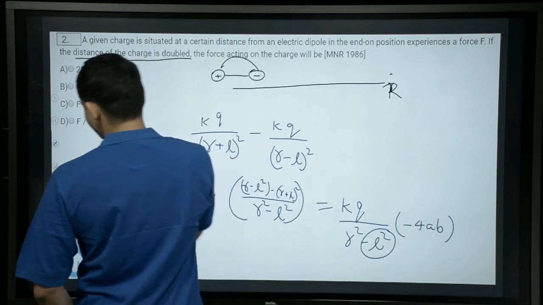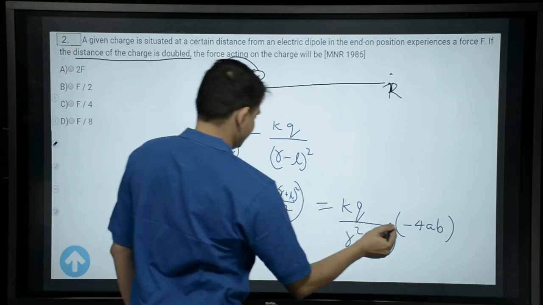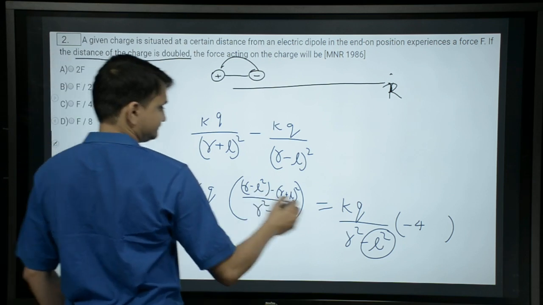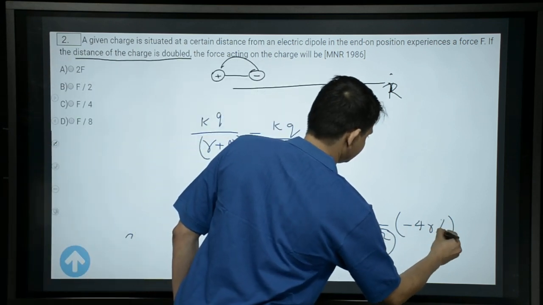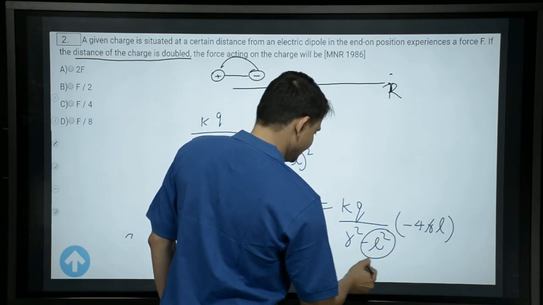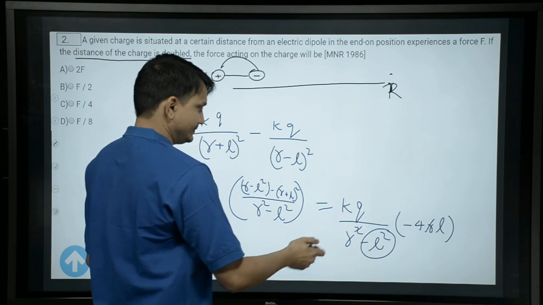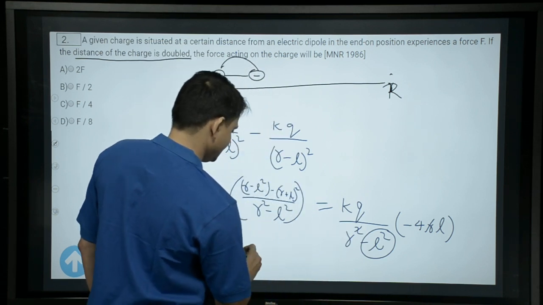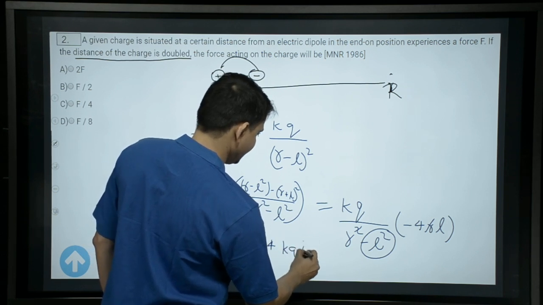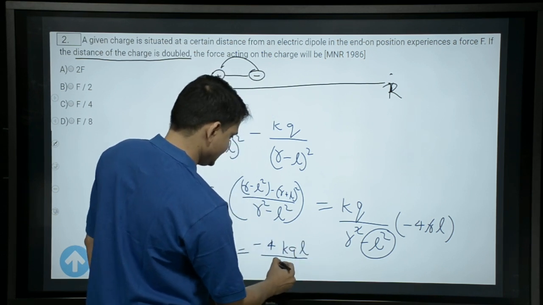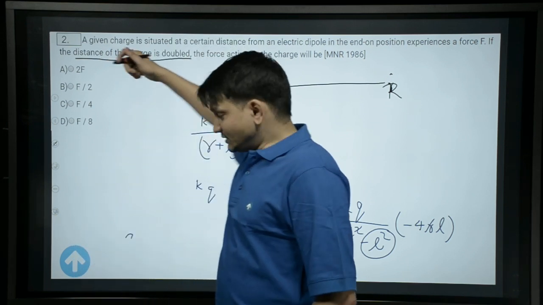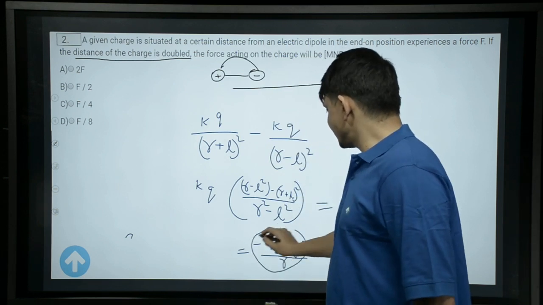Sorry, I wrote AB, we can write RL. So, if you're cancelling one R with this square, we would be getting minus 4 KQL by R. So, you see, the distance is getting doubled, and here we have got that the electric field,